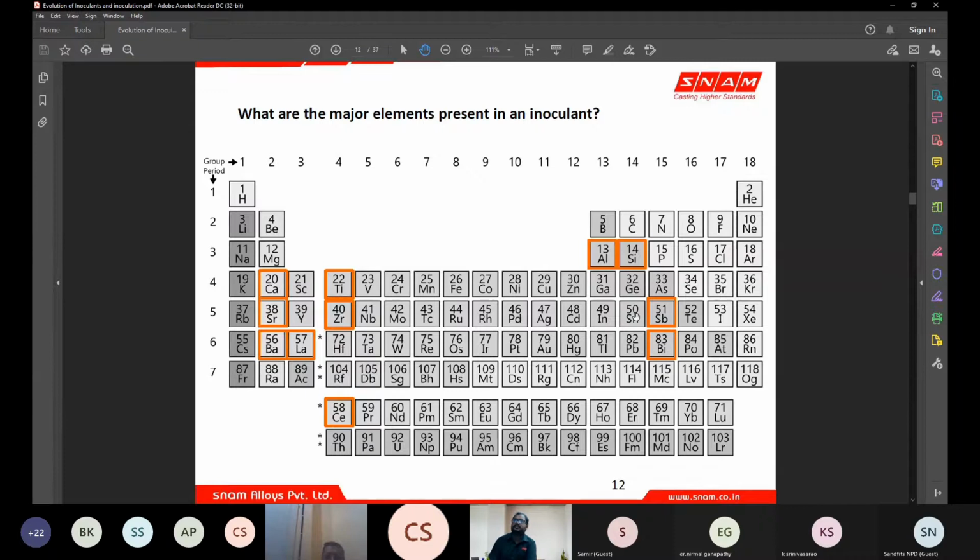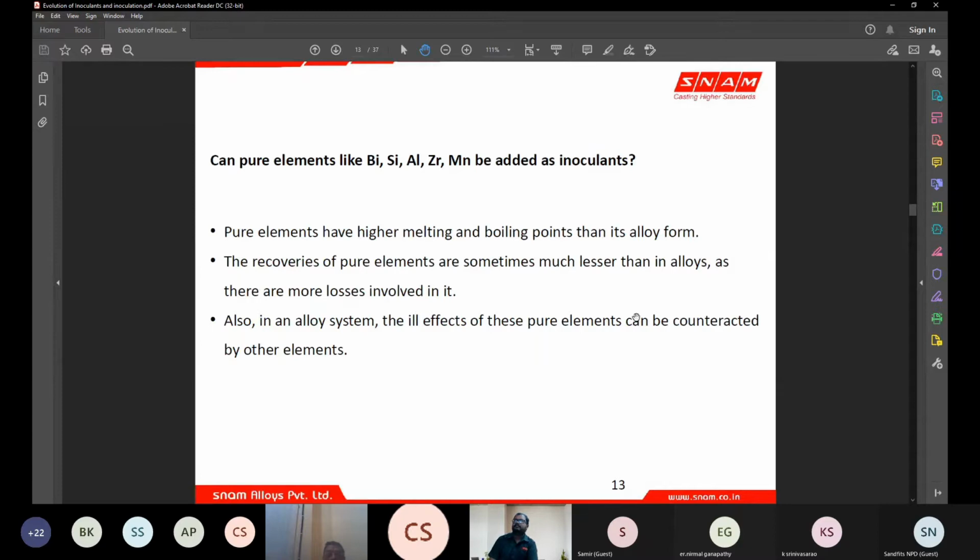And these oxides again form complex oxysilicates or oxyaluminates, like the complex compound upon which the graphite can precipitate and then start growing. So these elements form compounds which form the platform for the graphite to precipitate. So the carbon is somehow going to come out of the liquid metal, as we know in the solidification process, and as the solidification goes on, carbon starts coming out of the liquid metal and starts depositing, and it needs a constant or a stable platform in the operating temperature for it to convert into graphite.